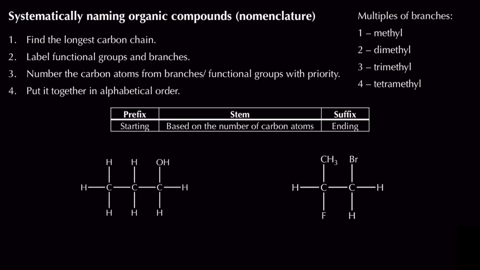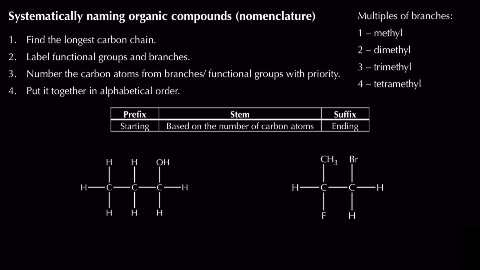So in this video, we're going to carry on looking at systematic naming of our organic compounds, but this time we're going to focus more on our haloalkanes, our alcohols, our aldehydes, ketones, and our carboxylic acids as well. Now we're looking at nomenclature again, so we're just naming organic compounds, and we need to follow the same rules